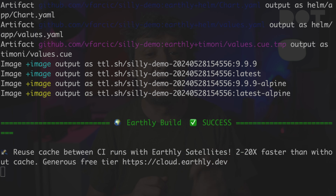That single command built 2 different images with 4 different tags, and it pushed those images to a registry. It signed those images and pushed signatures to the registry as well. It also created the Timoni package, pushed it to a registry, and it updated values file, and finally generated Helm package as well, pushed it to a registry and updated charts value file. If I wasn't too lazy, I could have added so much more, like, for example, execution of unit and integration